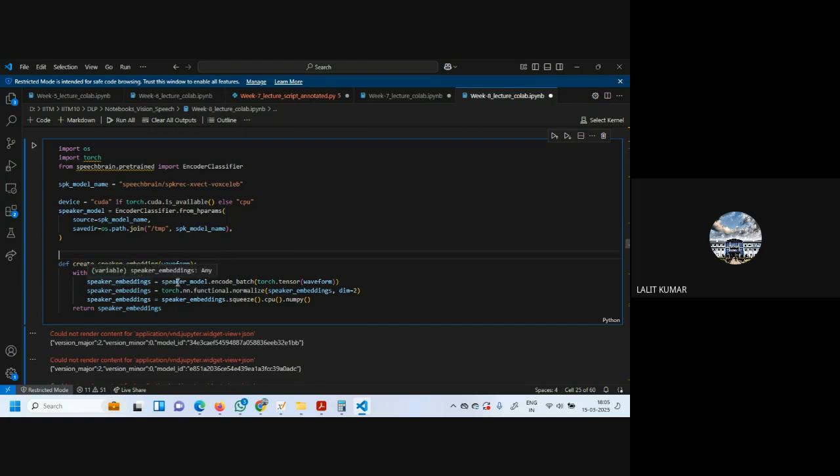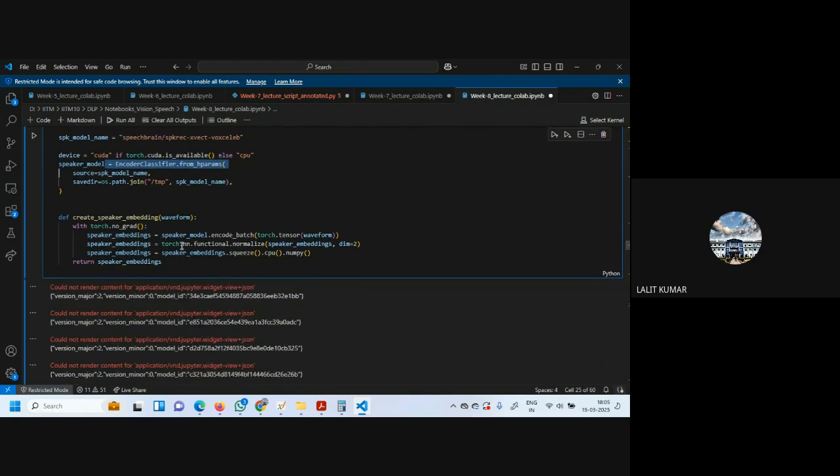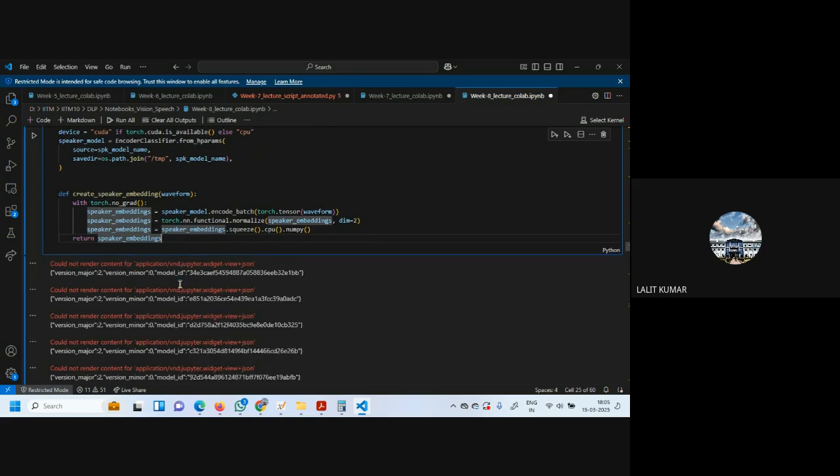We pass this to the speaker model, which will encode the batch waveform. We will see below what this waveform is. We got the speaker embeddings from the waveform, then we normalize it using torch.nn.functional.normalize, and by squeezing as a numpy array we get the speaker embeddings, and it returns speaker embeddings.